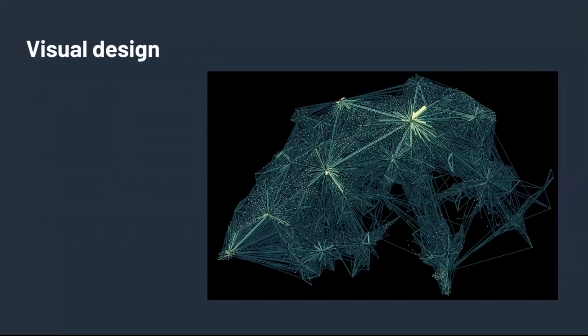So for the visual design, there are quite a few decisions I made in this layer. I use the thickness to represent the magnitude of the flows and also the color. So there's the redundant mapping so that larger flows are more salient. I also use sorting so that the largest flows are always on top.